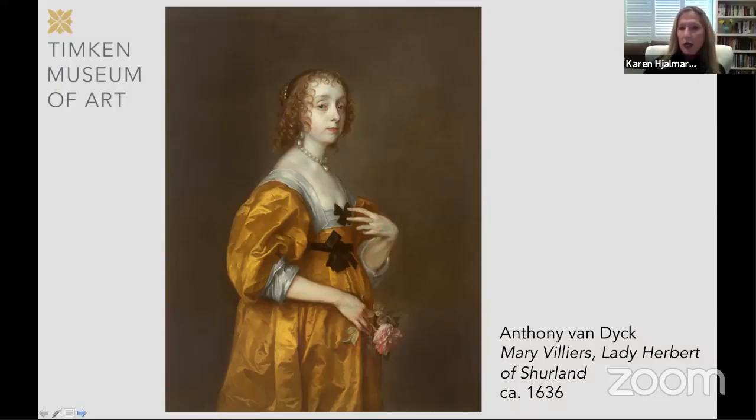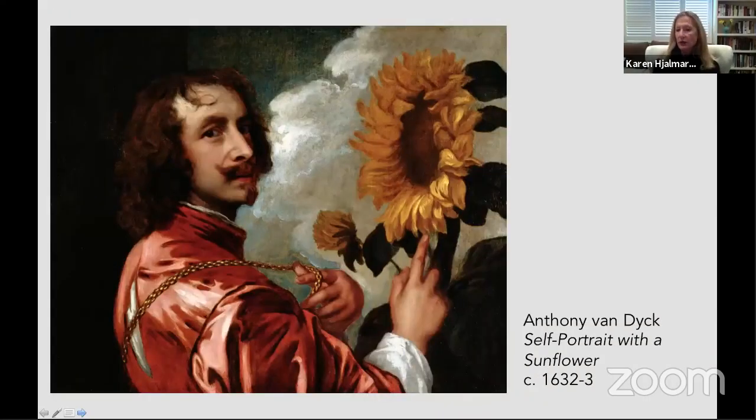I wanted to show another painting that is not in our museum. It's a self-portrait by Anthony van Dyck. I just want to show you his skill. And this one is almost contemporary in the sense of its sensibility. Now, in art history, we know that portraiture is done, of course, for capturing the artists themselves, self-portraiture, but a lot of it